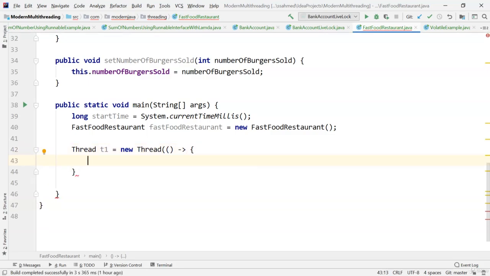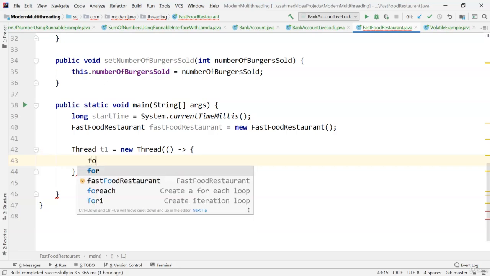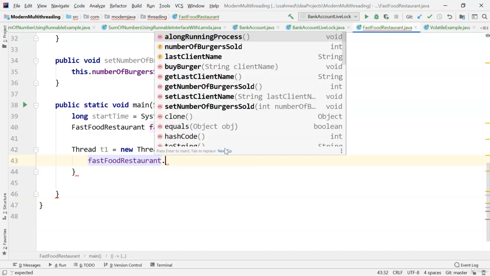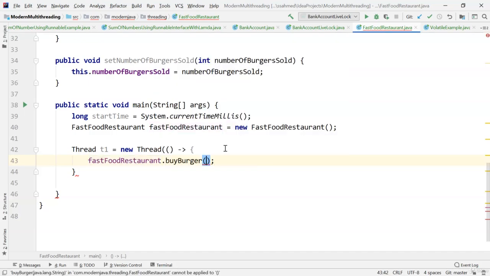So we're starting 4 threads because there are 4 buyers who buy the burgers and they came in parallel. So we'll be providing the name of the clients who will be buying the burger. Let's say it was Mike,